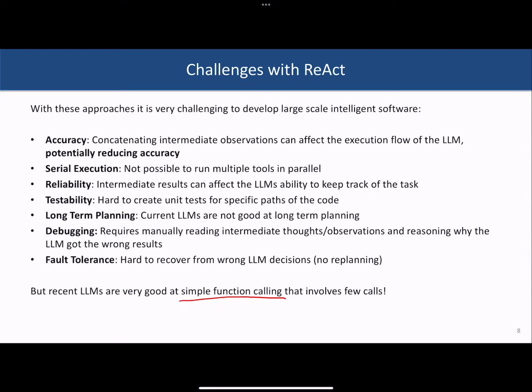When we are writing code ourselves, the very first thing that students are taught is what is good code? Good code is code that is comprised of smaller pieces, what's known as the factory method. So you basically write your code in smaller pieces that are easy to reason about, easy to debug, and easy to write a unit test for. And then we write control logic, which calls many of these functions, right? That's how we write good code. So can we do the same thing for LLMs?